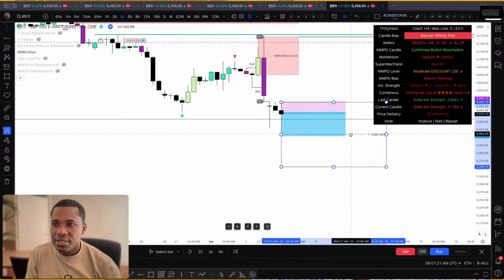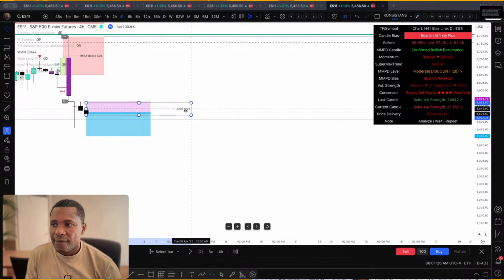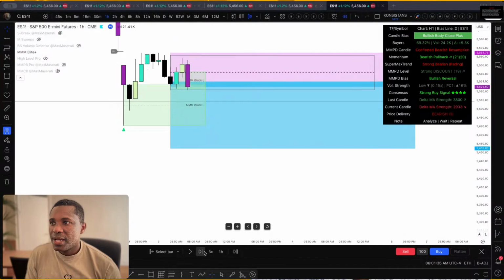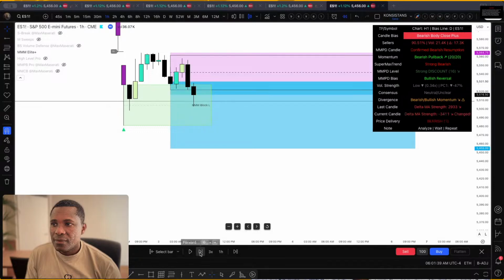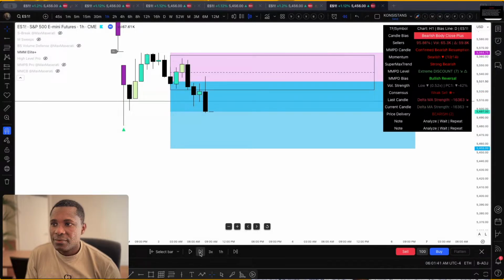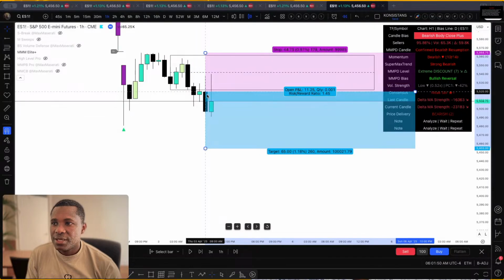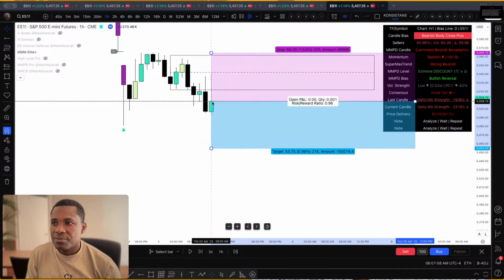Okay, so we can say this is our next entry area, and then we can go down to 1 hour. Price gave you exactly a bearish body close here. When price gives you this bearish body close, you say, okay, this is my best entry. Since you're waiting for price to retrace, but price didn't really retrace in mid candle,